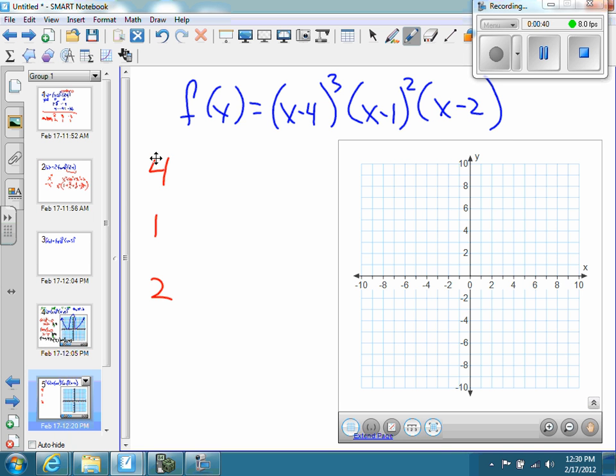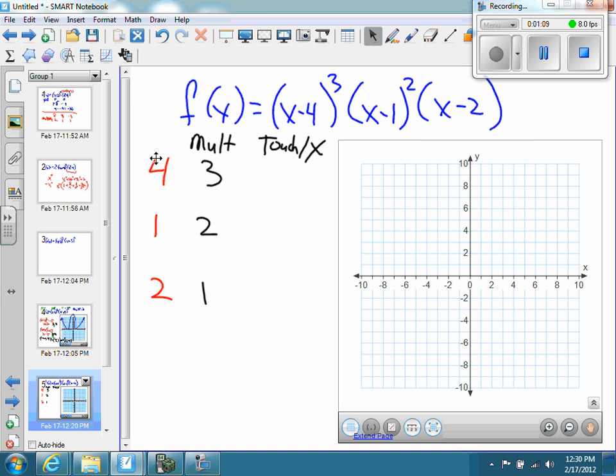Did I write the question down properly? Yes, I did. Okay, so 4, 1, and 2 are my intercepts, right? And yes, I would like to know what is their multiplicity. I'm going to write here mult. For 4 it's 3. For 1 it's 2. And for 2 it's 1. And so if I want to know whether it's a touch or a cross,